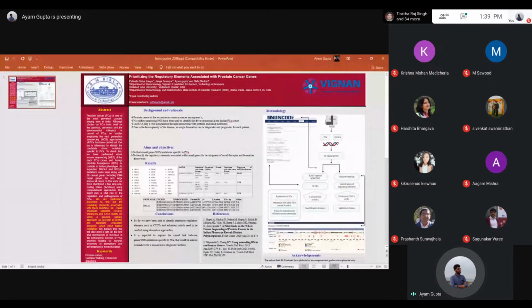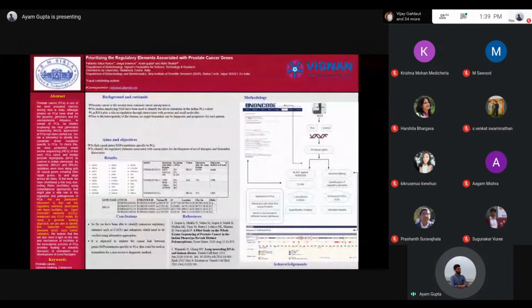Thank you, KM sir. Good afternoon, everyone. My name is Nidhi Shukla. I'm working at BISR. So I'm going to give a poster presentation titled Prioritizing the Regulatory Elements Associated with Prostate Cancer Genes. So before moving ahead, I would like to give a brief introduction so that everyone stays on the